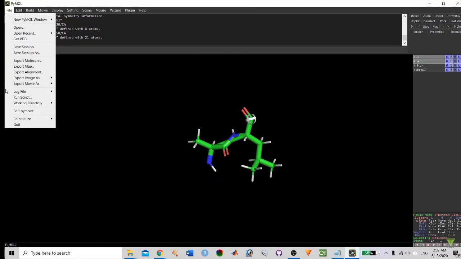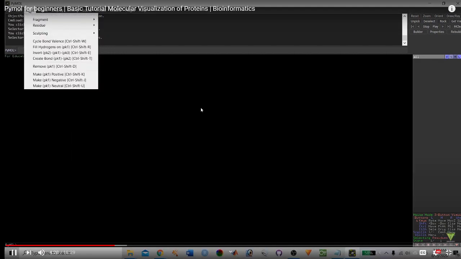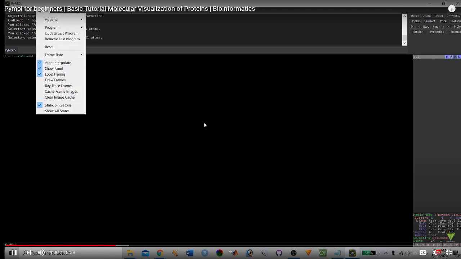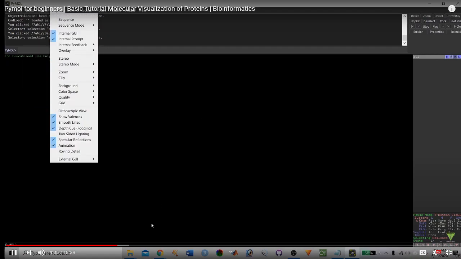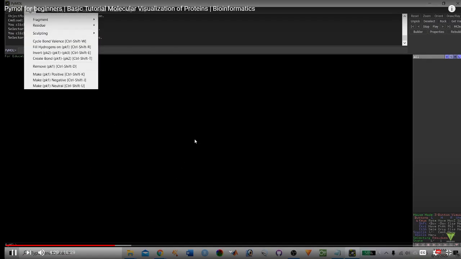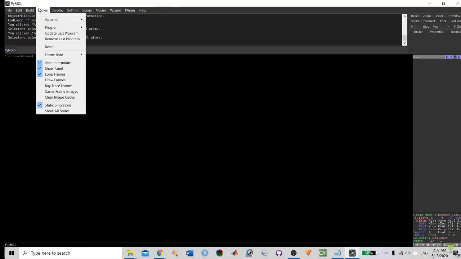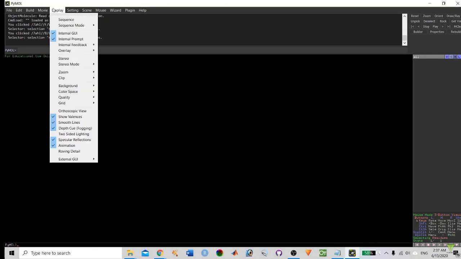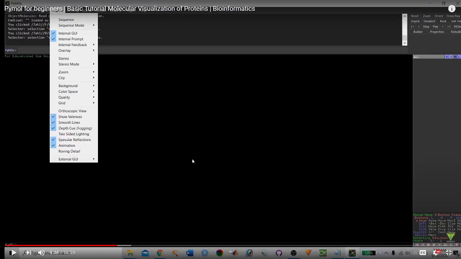Okay, so here if you want to reinitialize everything, click on reinitialize. So now you can build here, and if you want to create a movie of PyMol, you have options here. Here is the movie option. You can create a movie also, right? PyMol movie. Then there is a display option.